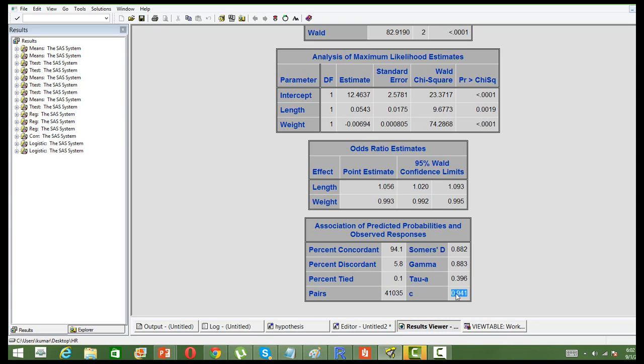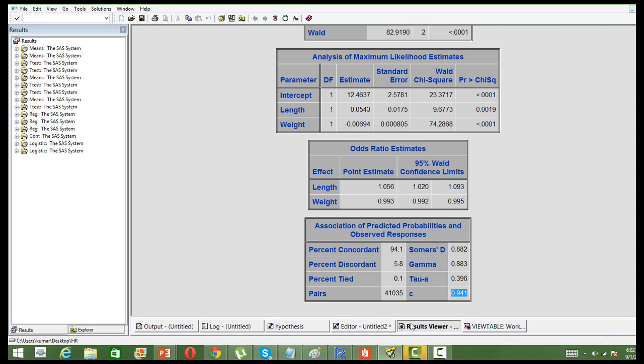Probability that when you pick two random cards, and one is a bad card and one is a good card, the probability score for 1 is higher than the probability score of 0. That's what we expect, right? Chances of getting a good card for 1 should be higher than that of 0. In that way, your model is performing well. So that's what is given by concordance. Again, it's a bit complicated. If you don't understand, watch that video first, then come back. See, in this case, we would either have value 0 or 1.